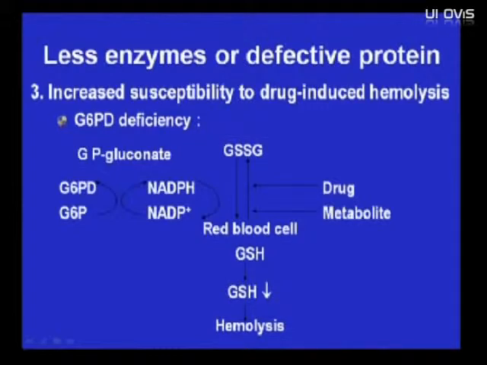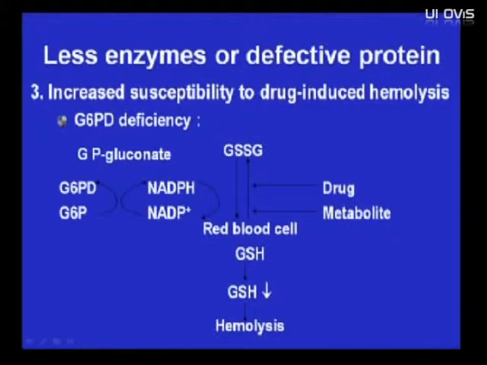And this pathway is coupled with the conversion of NADP to NADPH. The resultant NADPH then serves as a hydrogen donor to reduce the oxidized glutathione, GSSG, back to the reduced glutathione,